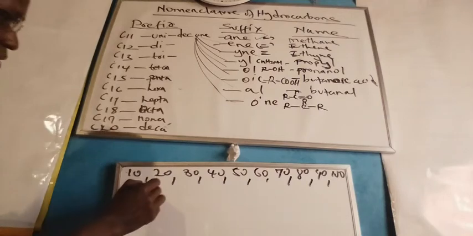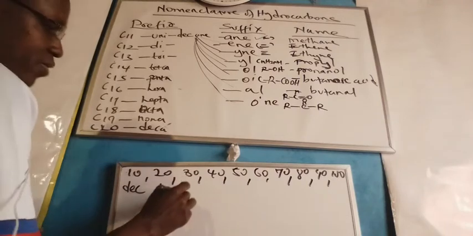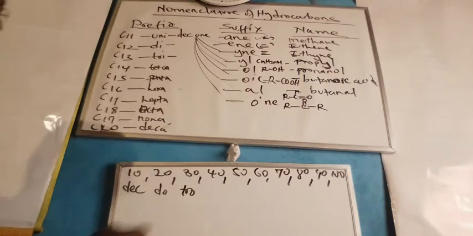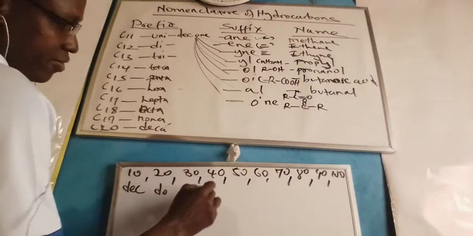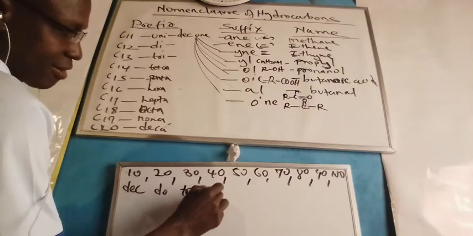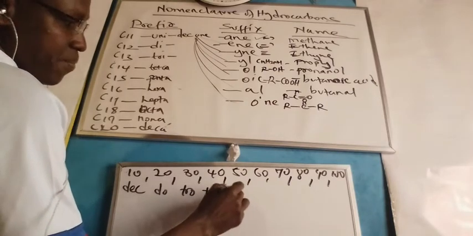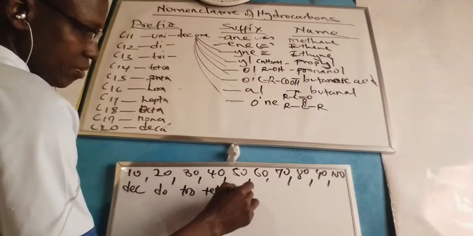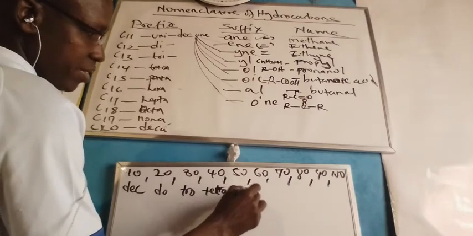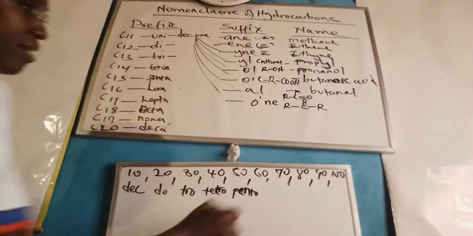The first 20, now we will improvise and use do instead of di, tro instead of tri, tetro instead of tetra for 40, pento instead of penta for 50,